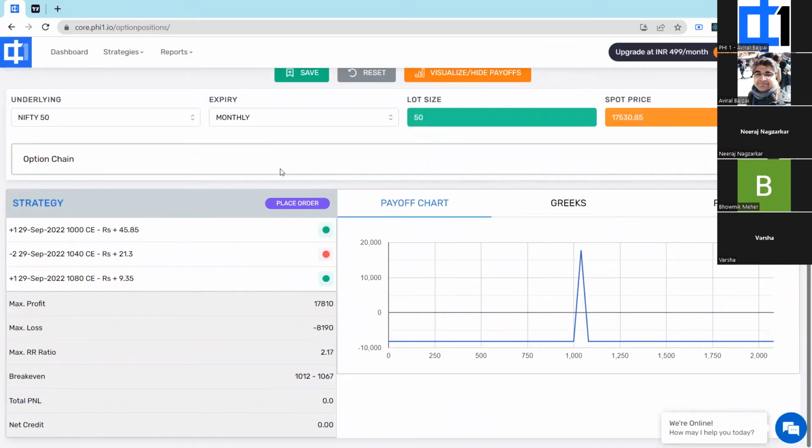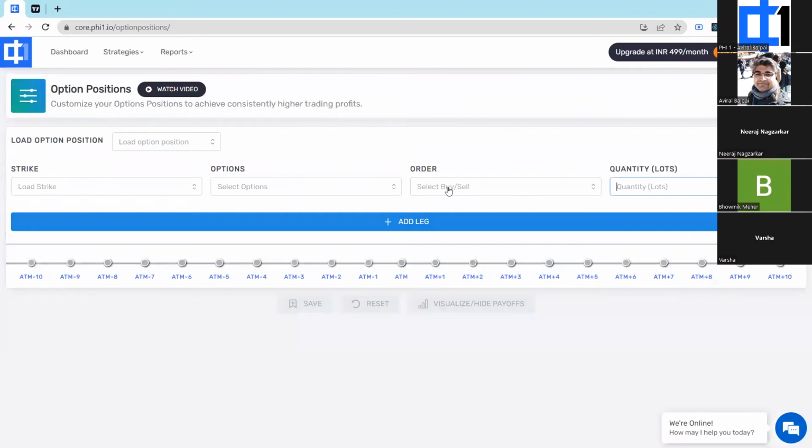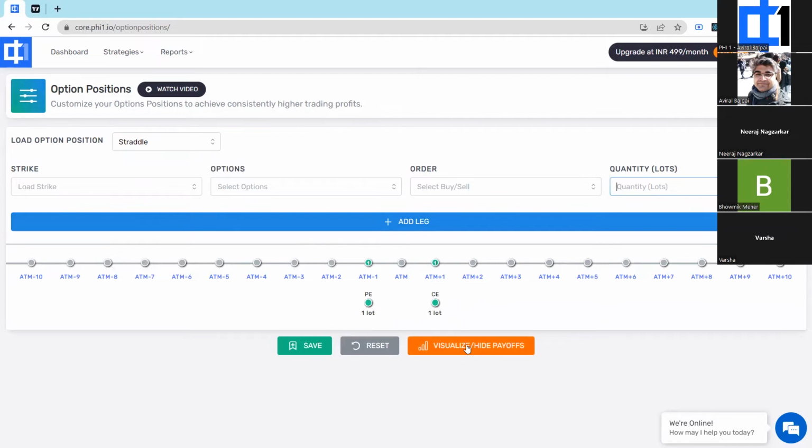Finally, I think just one last point to touch upon is volatile situations where you think there is going to be a huge move either on the upside or the downside, and you don't think the situation is going to stay as is, right? So that is where your straddles and your strangles will come in. So, for example, let me load in an example of that